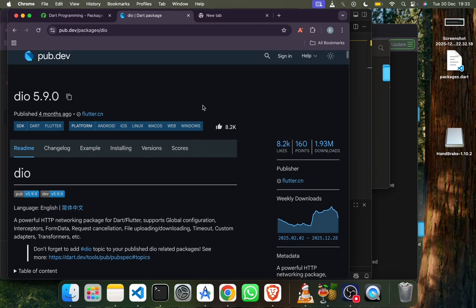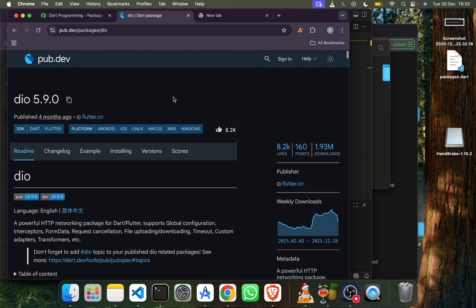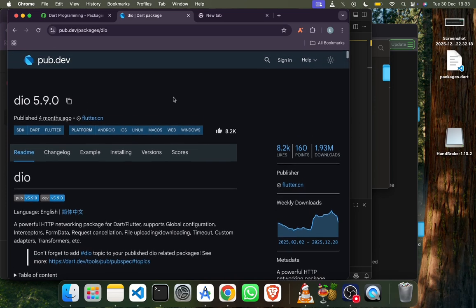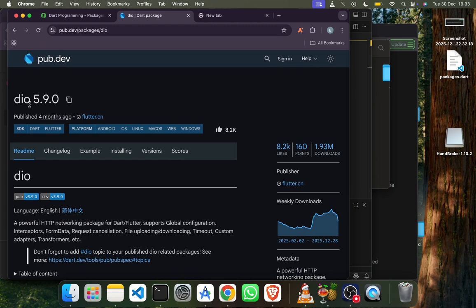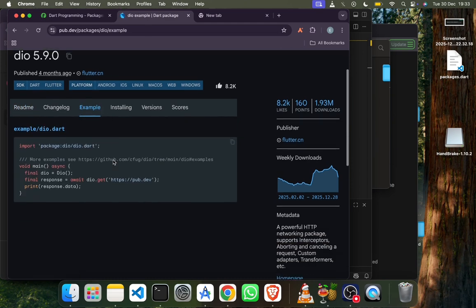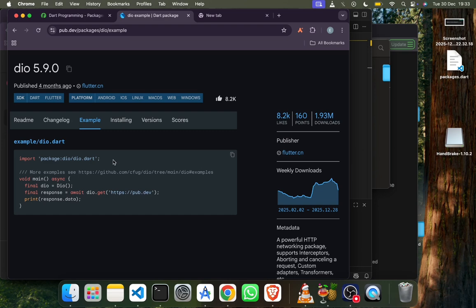So what should we do? Well, first and foremost we should have a package or a library. Now, I don't know of any Dart libraries that enable us to connect with a server, a network server, all right, or a backend, but I know of packages, and Dio is one of those packages. In fact, at least it's the one I used, all right. So if you want to know how this package is used exactly, you can come to this example, all right, and this is an example of